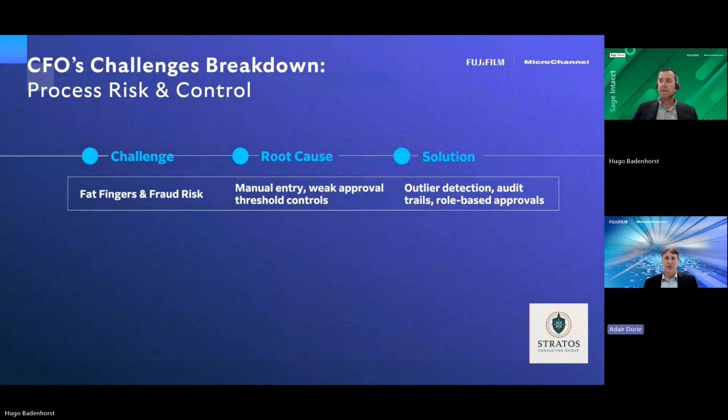Yeah. Thanks, Hugo. If you look at it, it really is about having the controls so that before an important transaction is posted or before something is paid, those thresholds, the delegations of authority, and separation of duties are there to start with. And then if something does get through, having the ability to detect it, like outlier detection or audit trails. So again, in the coming in and the going out, you're reducing the risk in your business as much as possible and keeping the control in there.